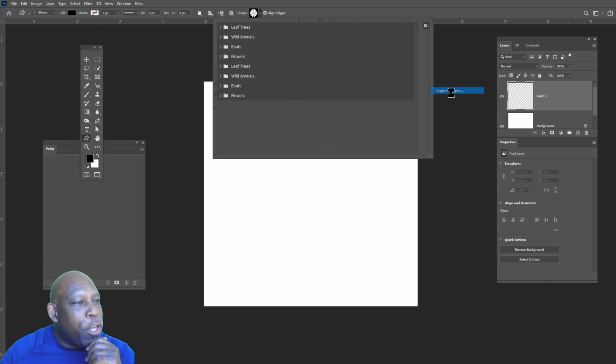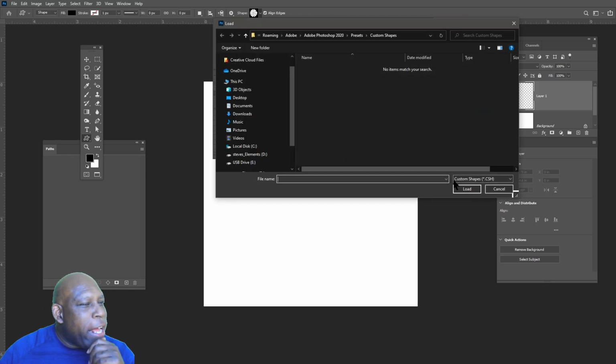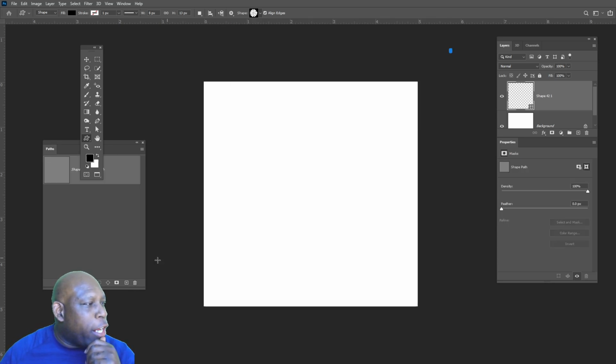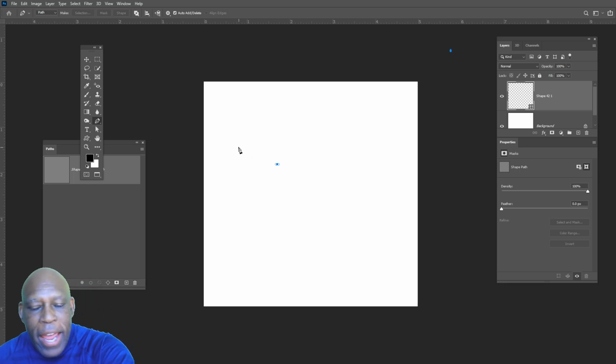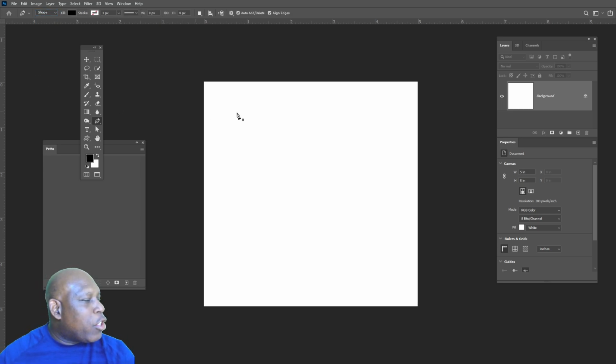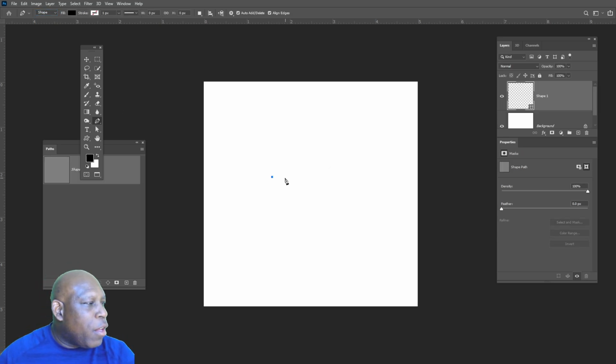Alright, let's go over here to import shapes. And I don't have any on hand. I can save these shapes. I tell you, I'm going to make a shape. Let's make a star. Go to my pen tool. Make a star real quick. And what I'm going to do is, instead of a path, I want to create a shape. So my options bar, let's go to shape, and I believe the foreground color is black, which is exactly what I want. Let's make a quick little star